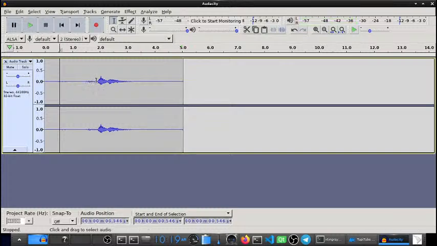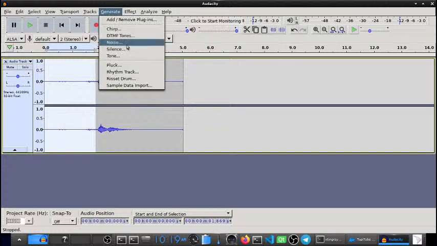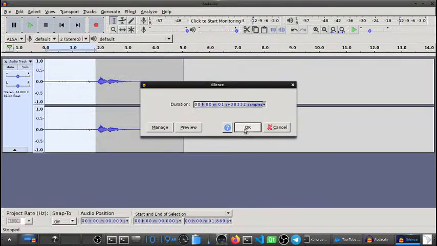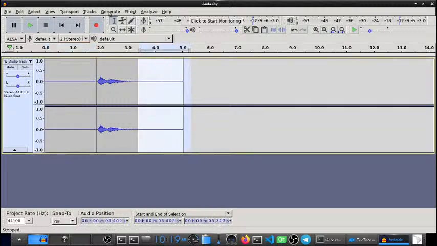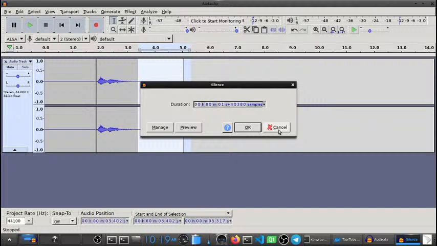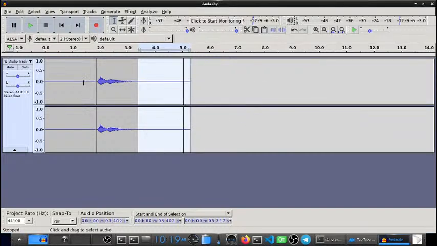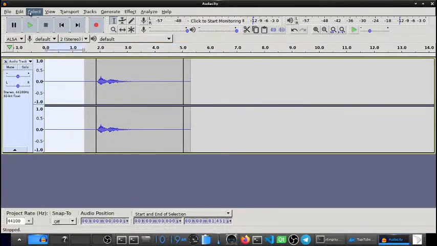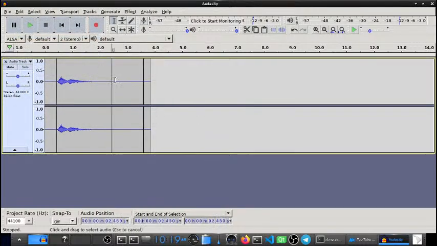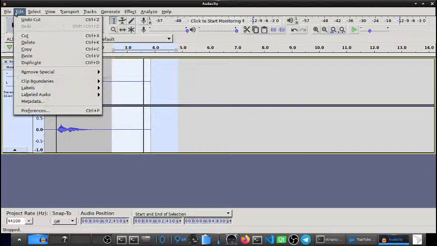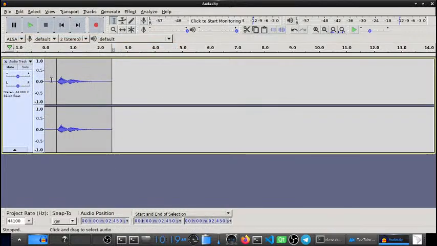I'm going to clean some noise at the beginning and at the end of the recording. I think I'm going to cut this part, and I'm going to cut this part, and that's it. I have my sound file ready to play.